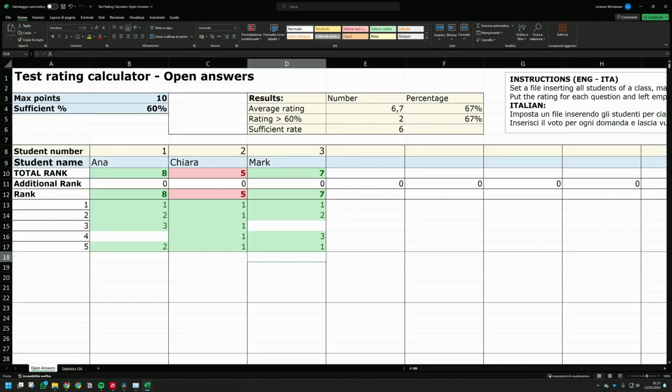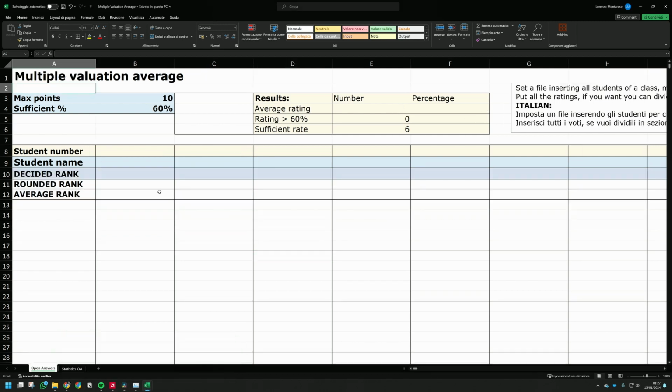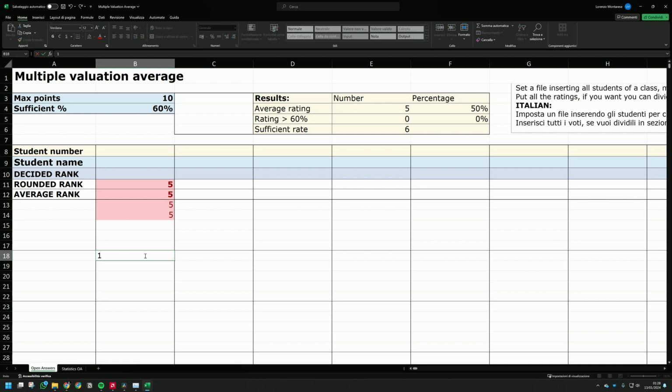And the last template is multi-evaluation average. If you have, for example, oral, written and laboratory tests, you can put in 5, 5, 5, no problem. Whatever you want. 5 for the written test, 5 for the second written test, 6 for the oral, and